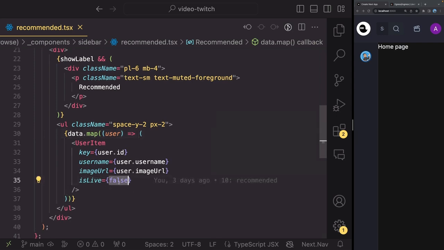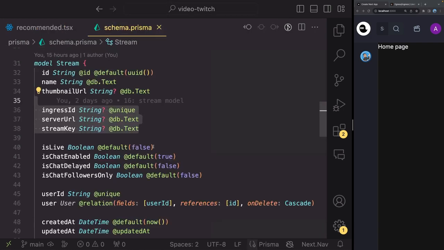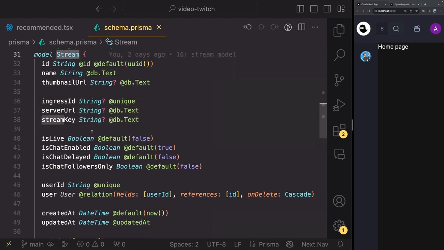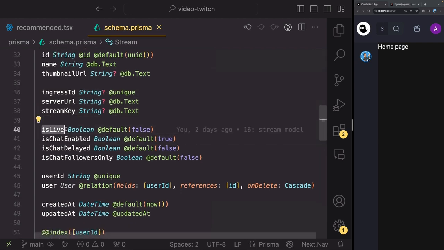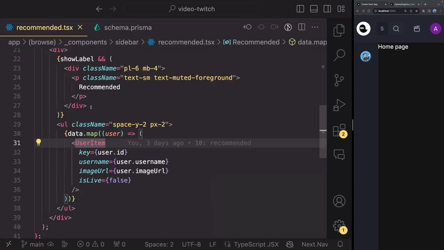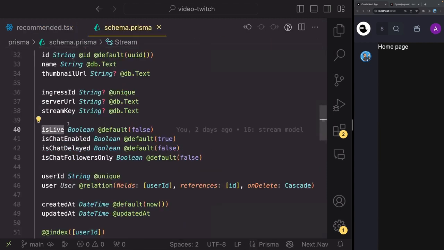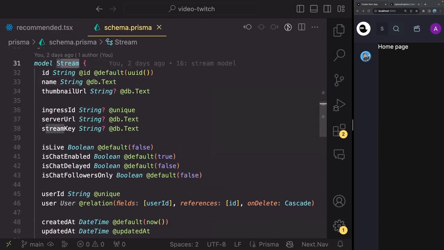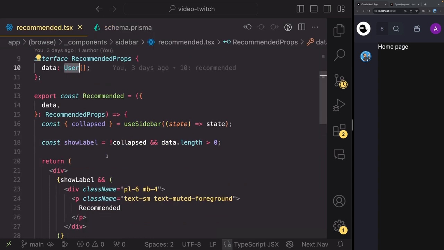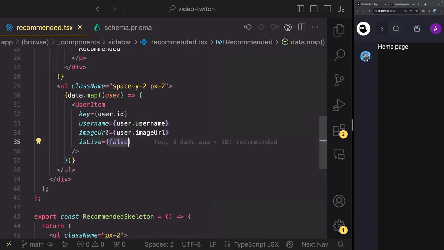I want to change this now to use the stream model and the property we have in our Prisma schema. Here we have model Stream and we have a property called isLive. Right now this live cannot be triggered in any way, right? So this is what we're going to do. First, we're going to revisit our follow service and our recommended service so that inside of this user object, we also include the relation with the stream for that user. And then we're going to change this isLive to use